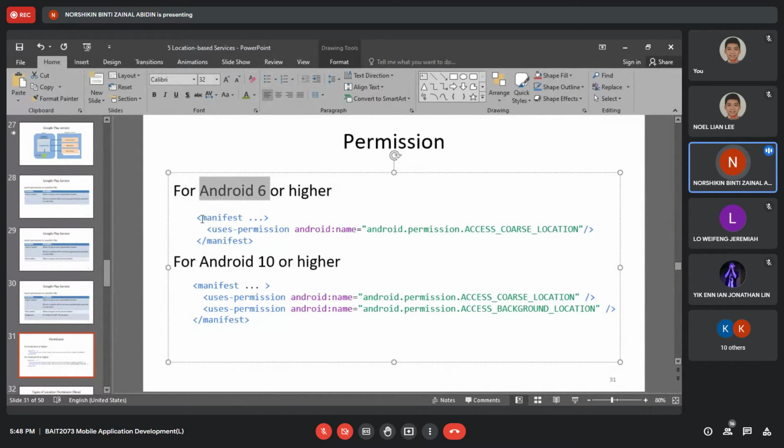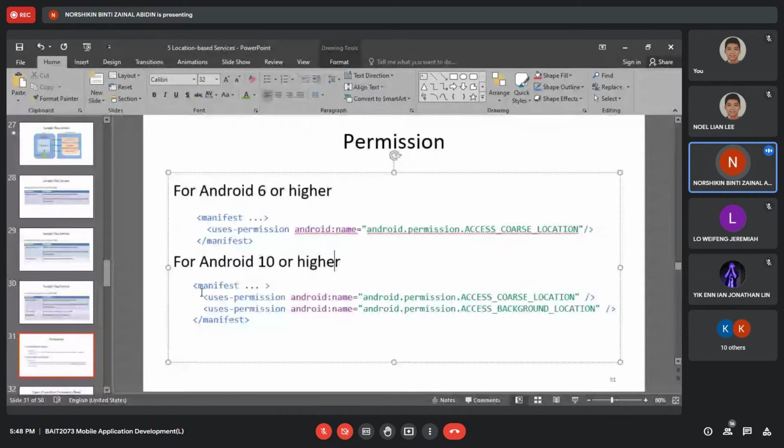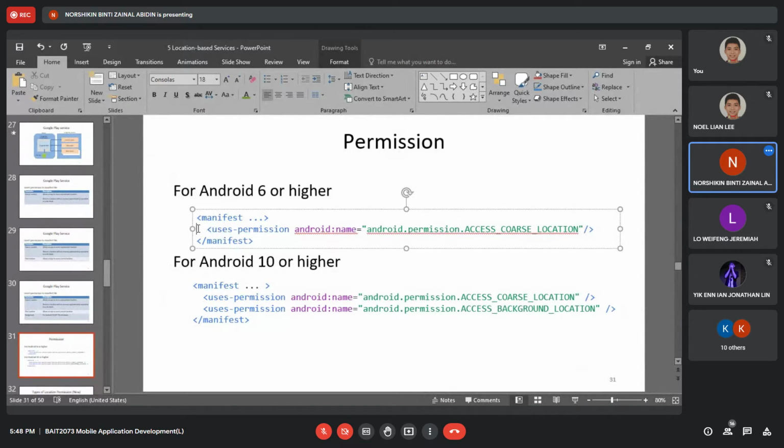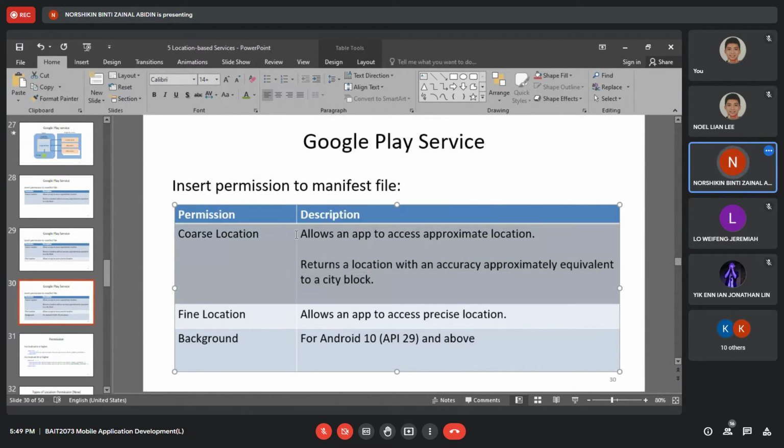Okay, manifest file, because we need to include it in the manifest file. Same with this, Android 10 or higher. So use permission, Android name, android.permission.ACCESS_COARSE_LOCATION. Coarse location will return accuracy approximately equivalent to a city block. That means it should return to the user, to the app, a location based on this accuracy, not the exact